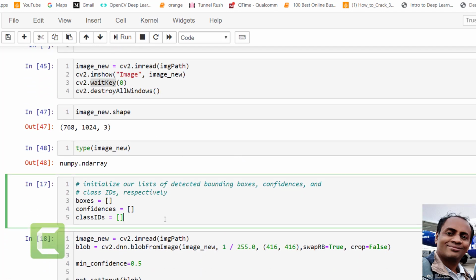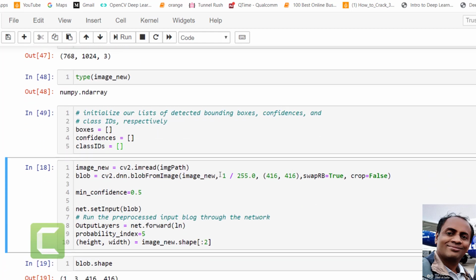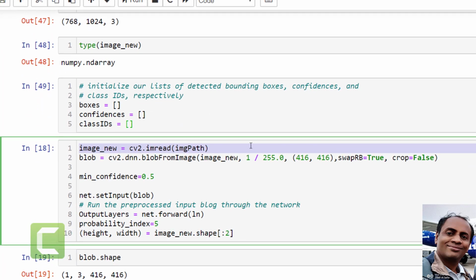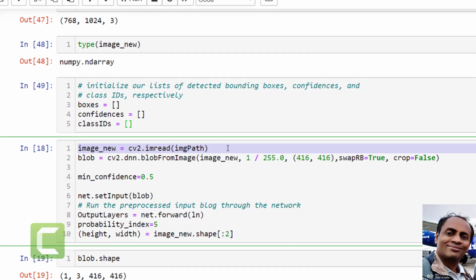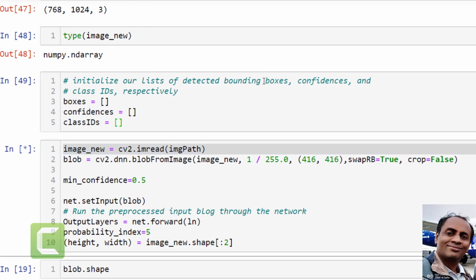Okay, so I'm just initializing some variables here. Now what I'm going to do is convert the image. It's being read one more time; you don't need to do this. So I'm going to convert the image to a blob. What is a blob? Blob is to convert the image to a format that your machine learning framework needs.